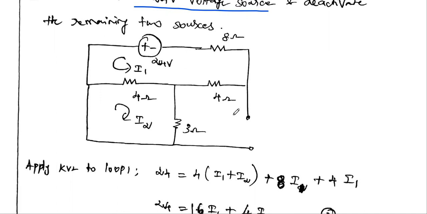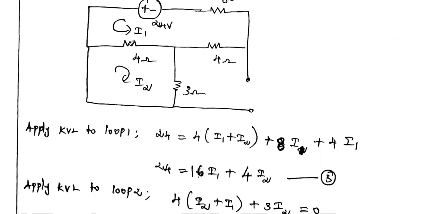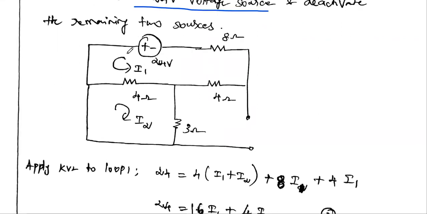Okay, so now you see this current source is open circuited. This is not a closed path, so there will be no current flowing through this loop. Again, we are getting only two meshes. So using mesh analysis, you just solve I1 and I2. Let us consider the current flowing in this mesh as I1, and the current flowing in this mesh as I2. Why we are taking current in this direction: this is the battery positive polarity, and current always emerges from the positive polarity.